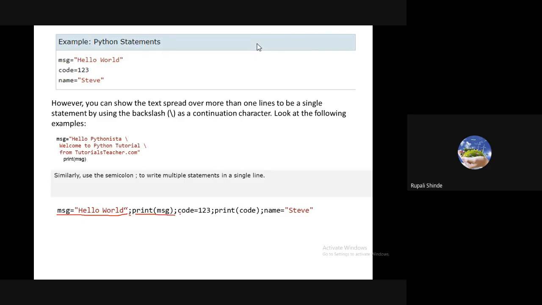Then I assign again a semicolon, and write code is equal to 123, and next again a semicolon, print code, then name is equal to Steve. It indicates that we can write multiple statements within a single line, but every statement should be separated by the semicolon. Are you getting it, students?